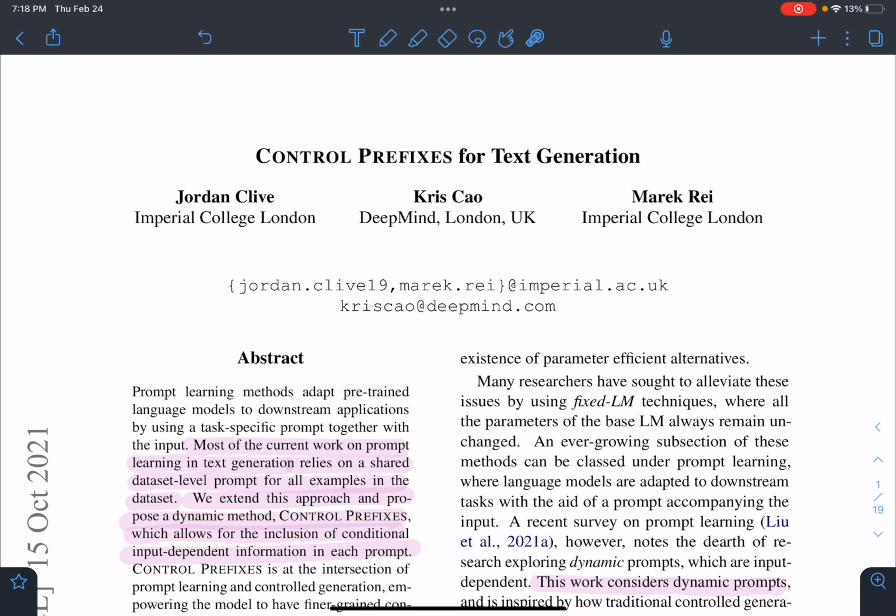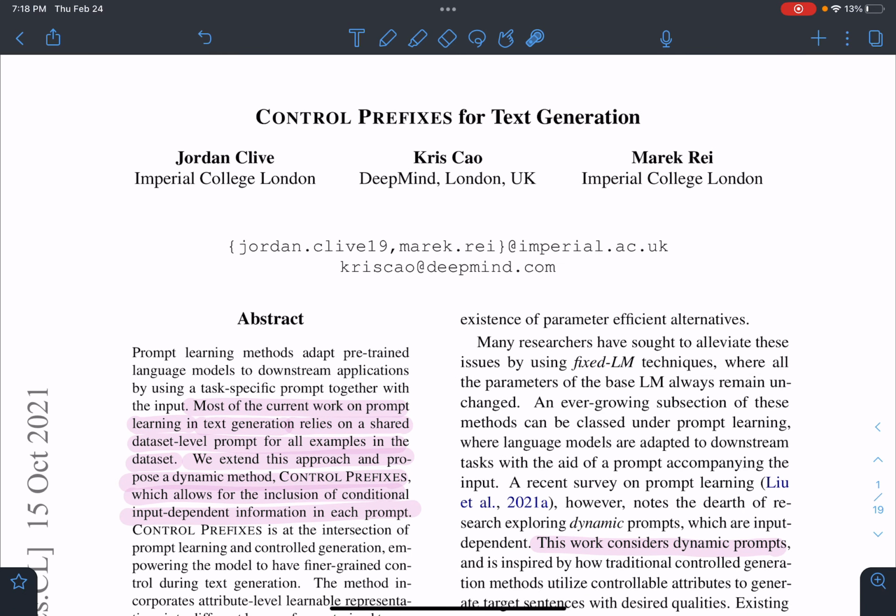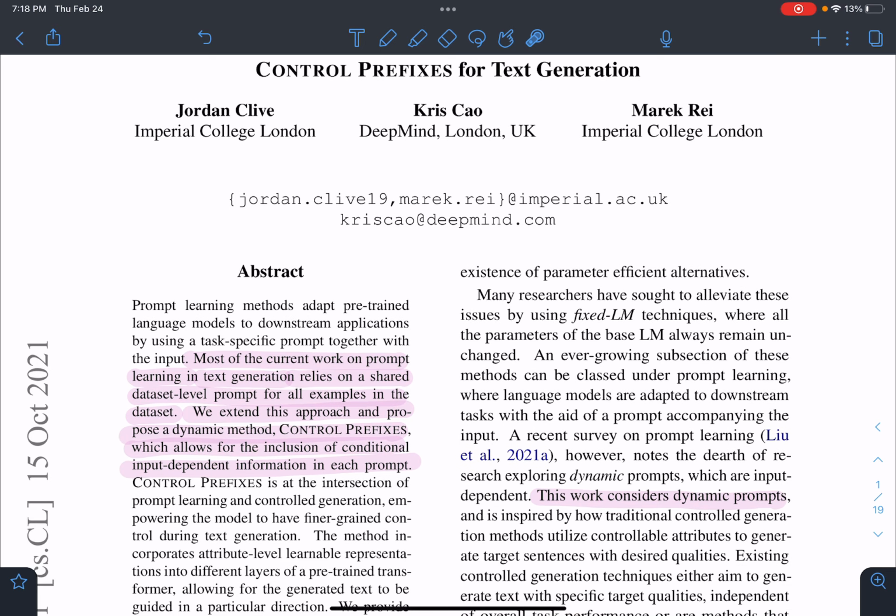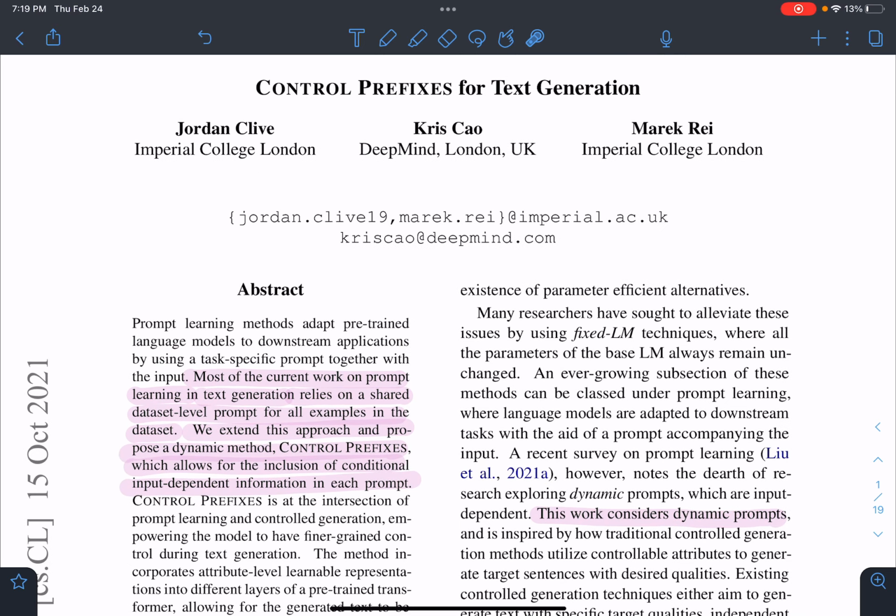Hi, today we're going to discuss this paper called Control Prefixes for Text Generation. The idea behind this paper is to extend prefix tuning to also dynamic prompts. Most of the current work relies on shared dataset prompts for all examples, and they want to extend this approach to a dynamic method, which allows for the inclusion of conditional, input-dependent prompts, input-dependent information in